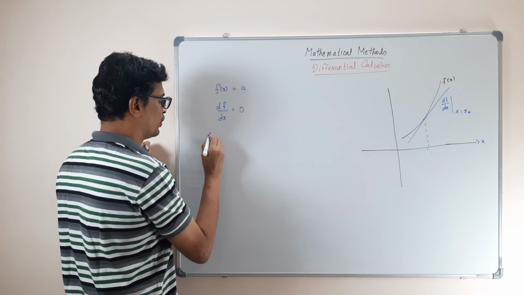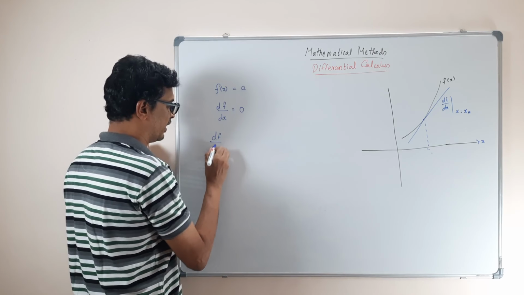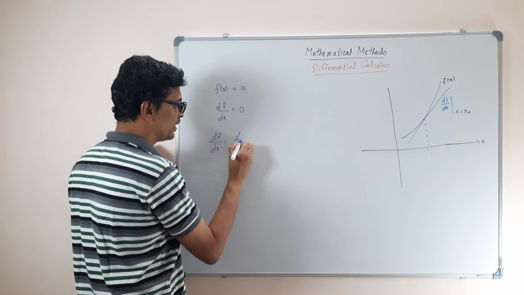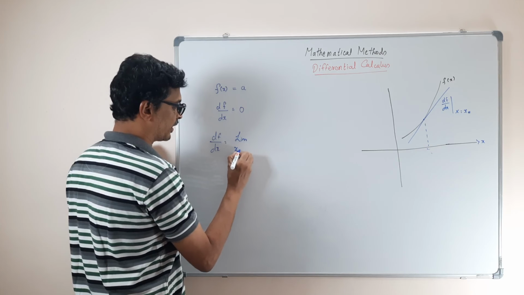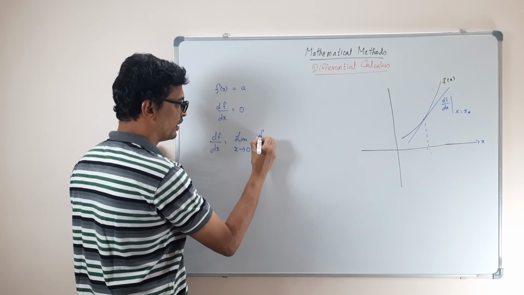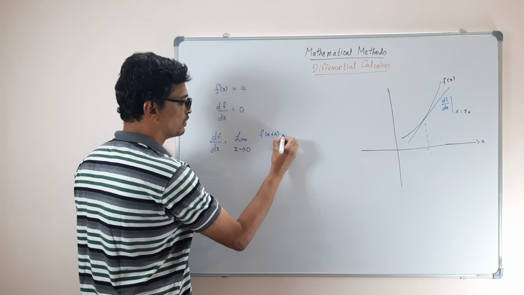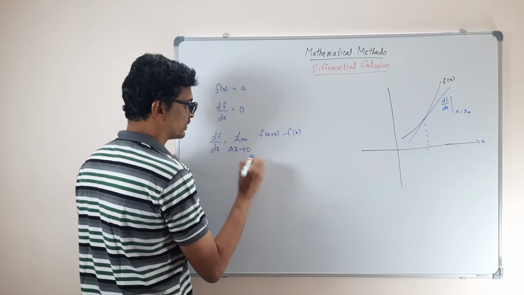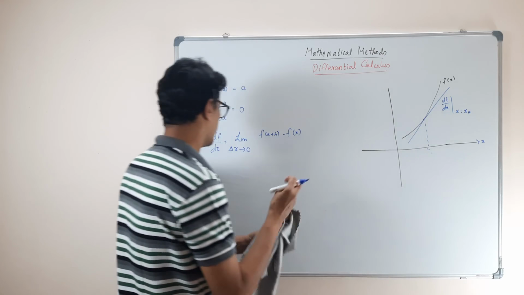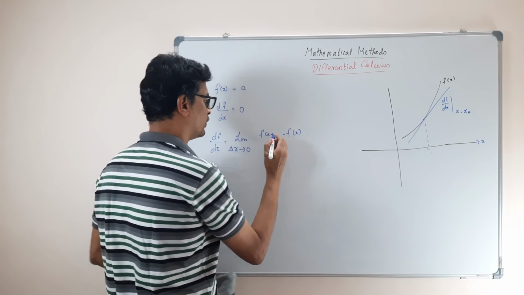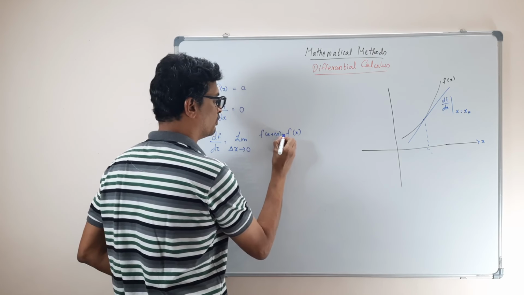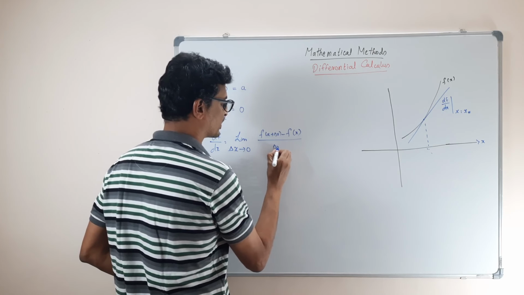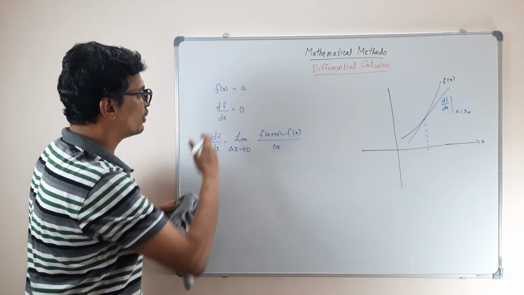If you remember, df by dx is the limit as delta x tends to 0 of f of x plus delta x minus f of x, divided by delta x. Now when f is a constant,